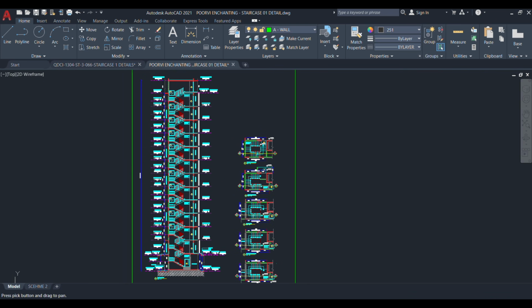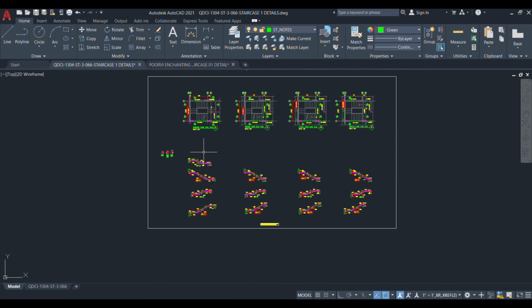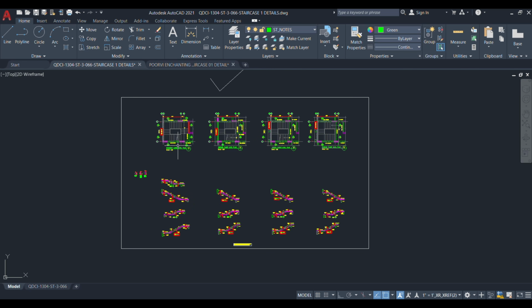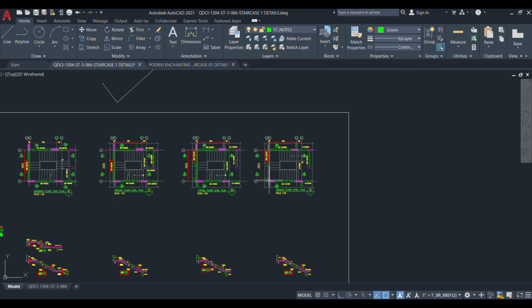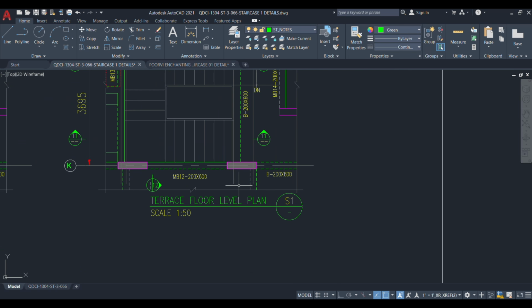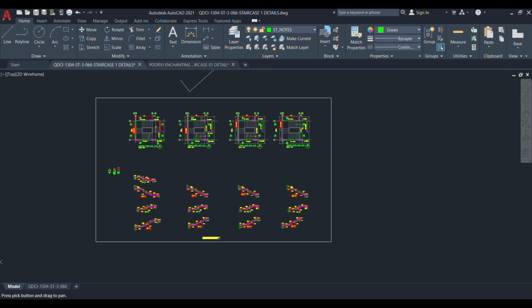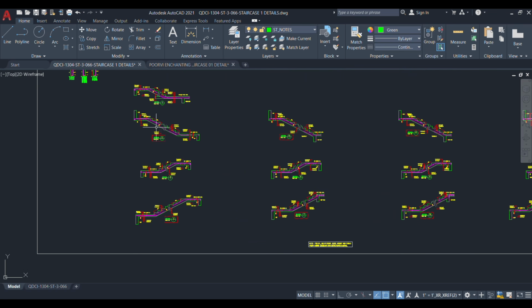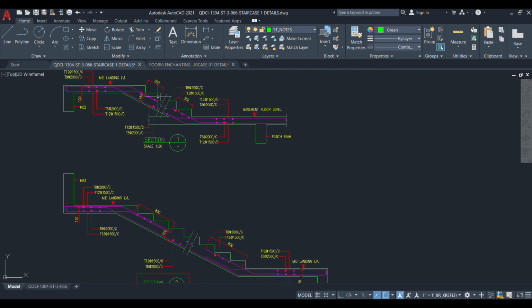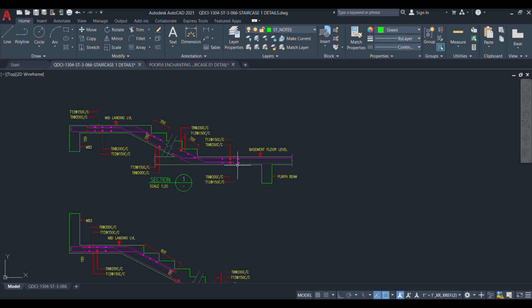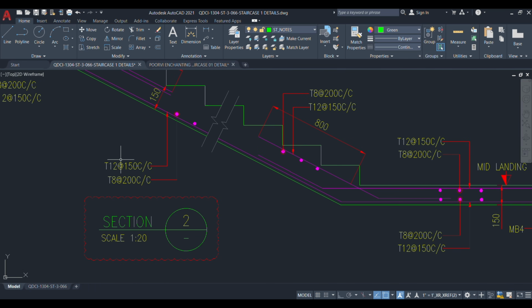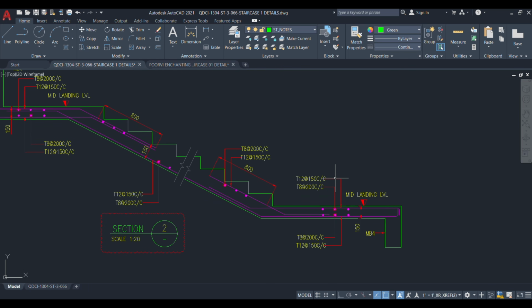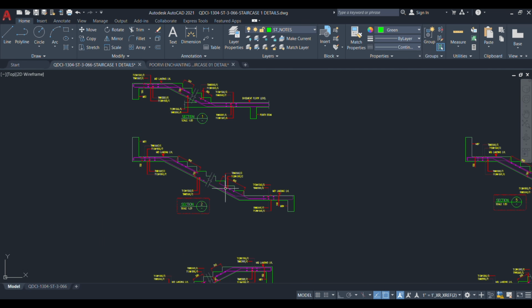According to this architectural drawing, the structural drawing is also given. This is the structural drawing from basement level to ground floor level. This is ground floor level, this is typical floor level, and this is the terrace floor level. Each and every floor level structural drawing is given along with the cross sectional details of each flight, what the landing detail is, what the mid landing and the top landing are, all the reinforcement details and distribution details, and the extra length and dia spacing, everything is given in the